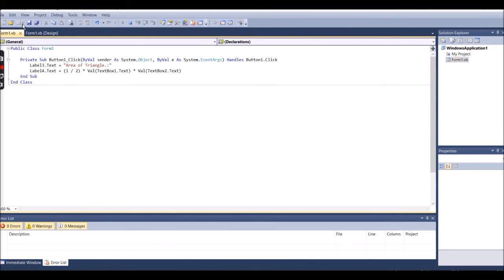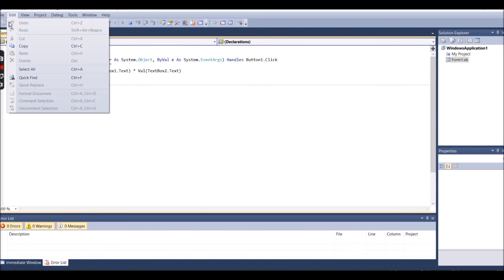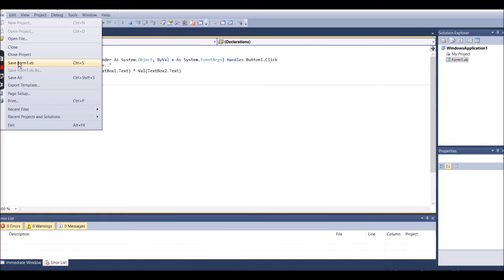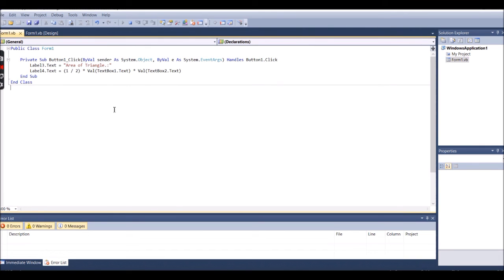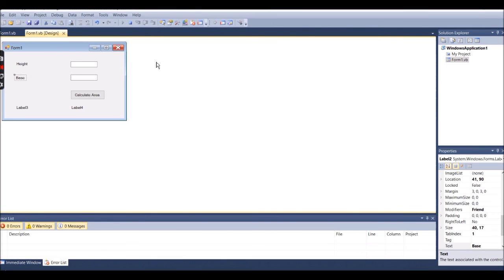Okay, just to remind you how to save, one time, you can see one time. Just click on here. After that, save the Form1.vb. You can do like this also, that I forgot to say. You can save like this. It will be saved with the Windows Application 1. Okay, you can see here. It will be saved with VB1, Form1.vb. This is the way you can save.